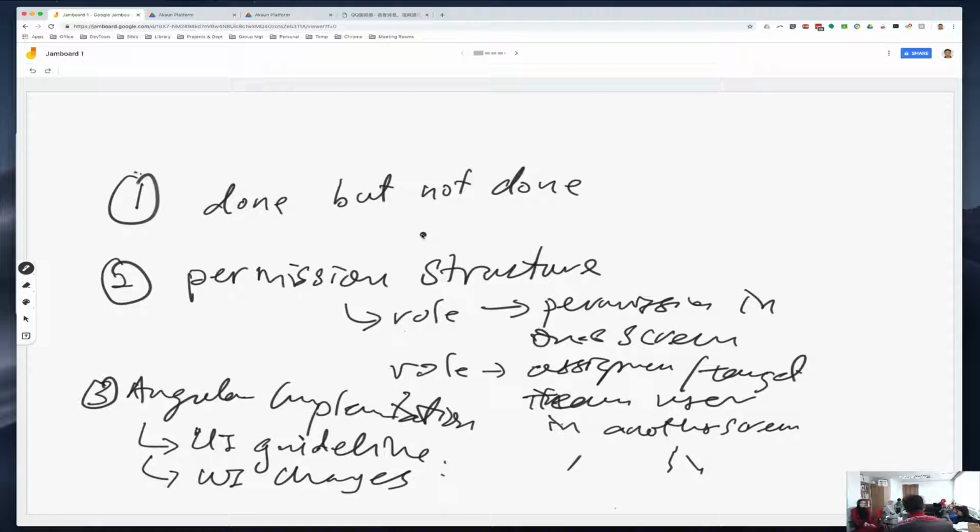Okay. So anyway, the "done but not done" problem, I think the large part is due to a communication gap, due to knowledge, due to understanding, and also of course in terms of project planning, when our work breakdown structure is not detailed enough. But at the same time, if you ask a programmer why you didn't think of this at the start, then